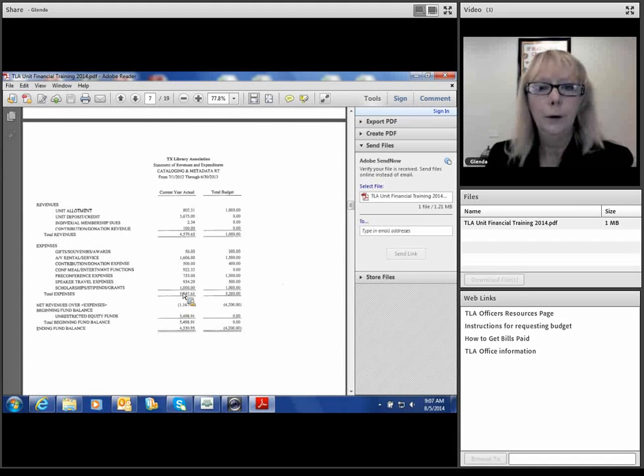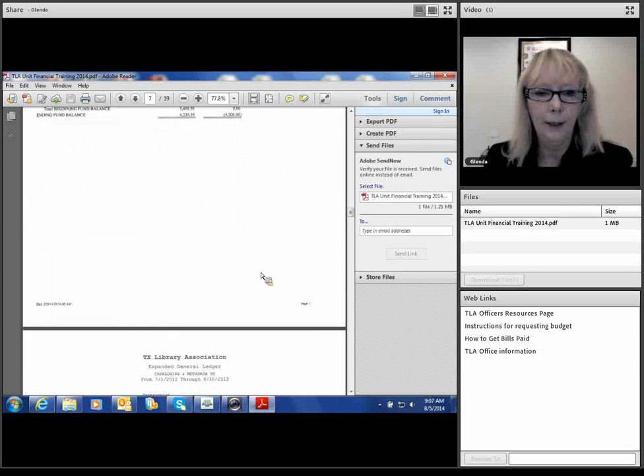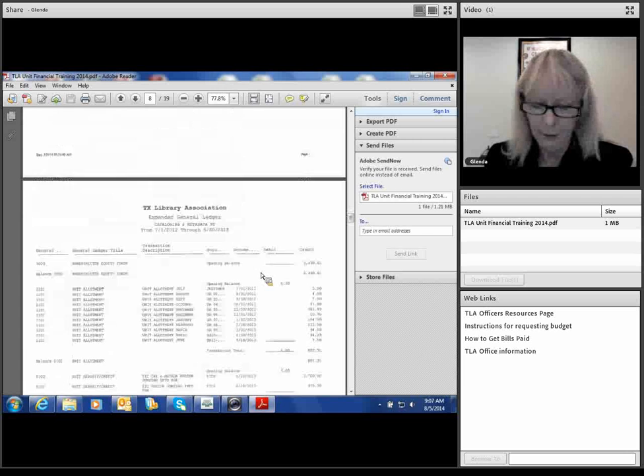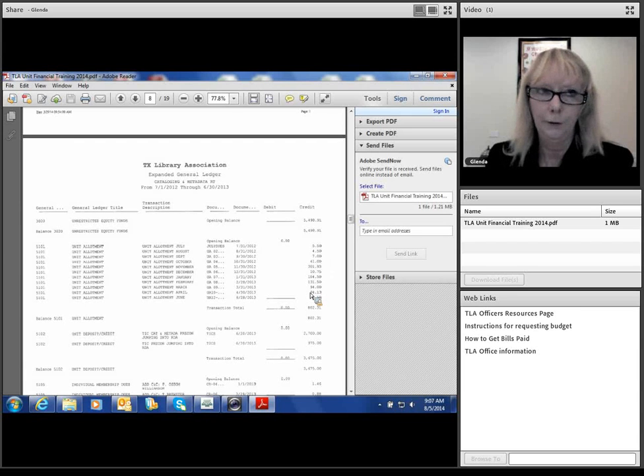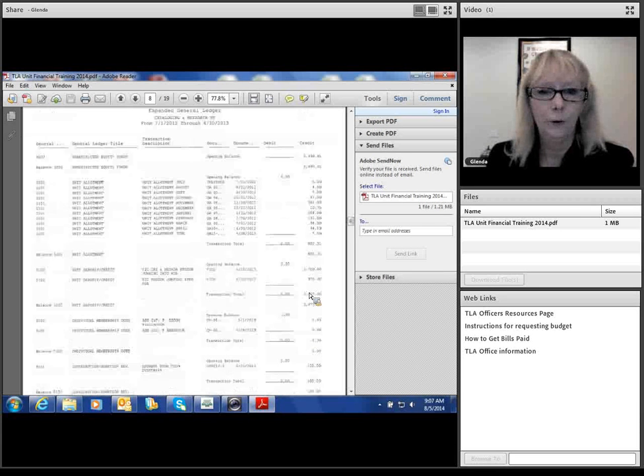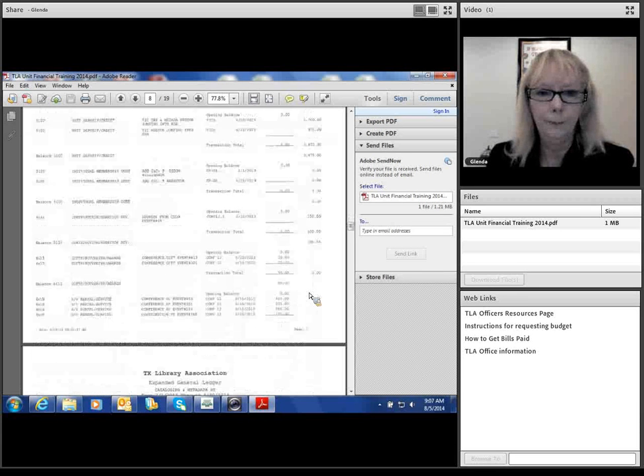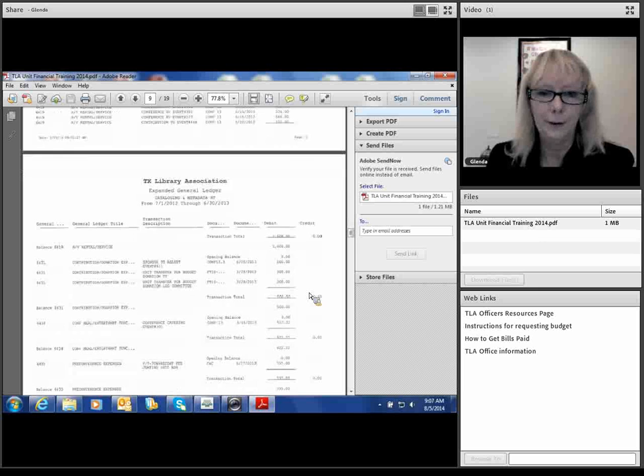If you are questioning what makes up the dollar amount of unit allotment on your expense and revenue statement, you will go to your general ledger under the category unit allotment, and you will see credits to your statement for every month that